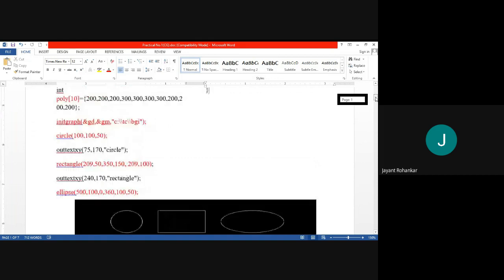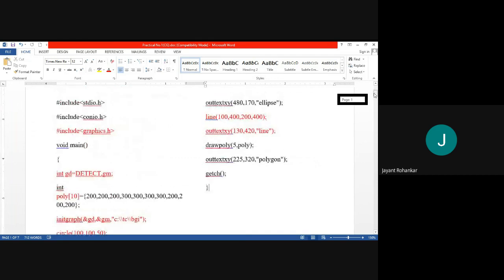Next is the line function, that is 100, 400, 200, 400. A line also requires two endpoints: x1 y1 is 100, 400 and x2 y2 is 200, 400.